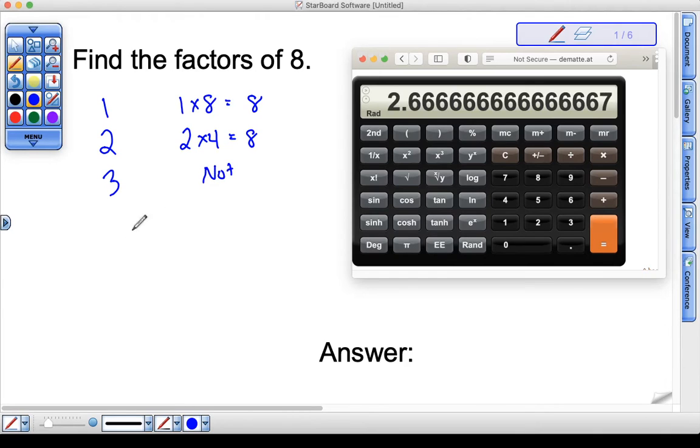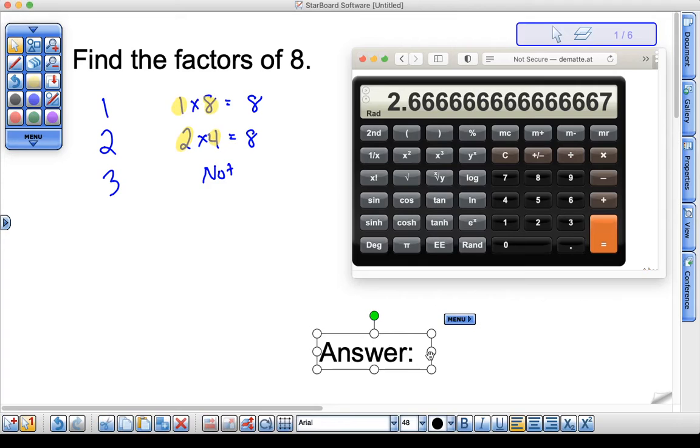Now, I said before, I don't have to go up to that 4 because I already have a 4 here. So the numbers I have, and I'll highlight these here, are a 1, a 2, a 4, and an 8. So when I go to put these answers in, I see I have 1 times 8 is 8, 2 times 4 is 8. There's no other combination here that will give me an 8. When I put my answers in, they have to be in numerical order, from smallest to largest. So when I go to type that in,